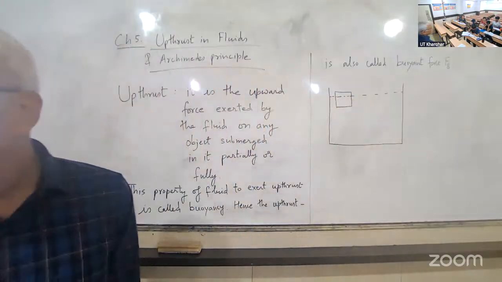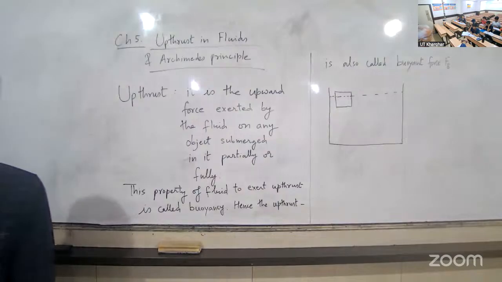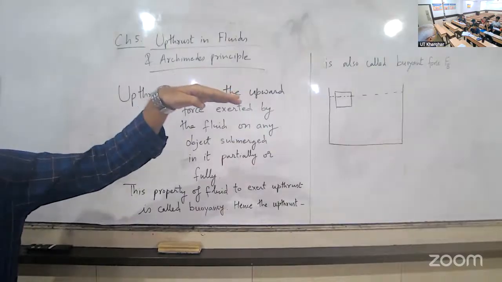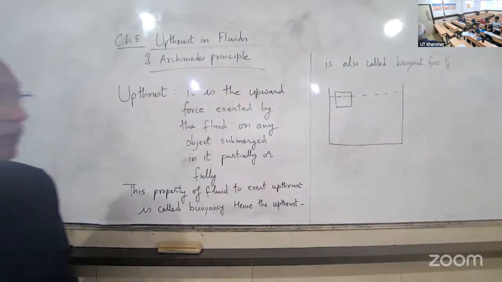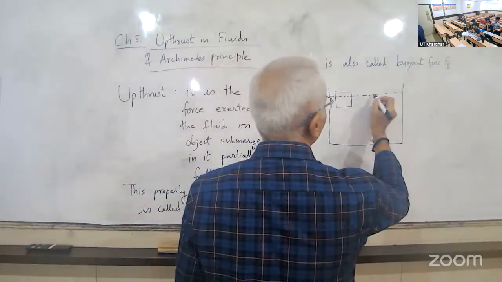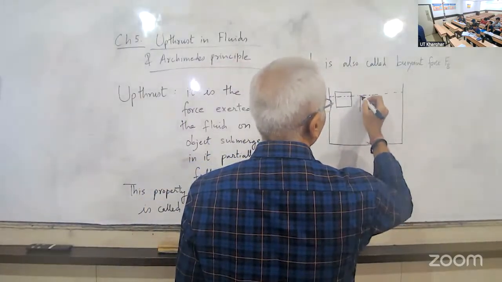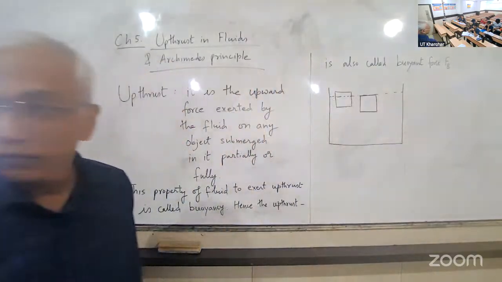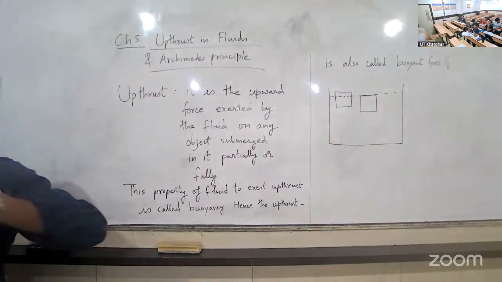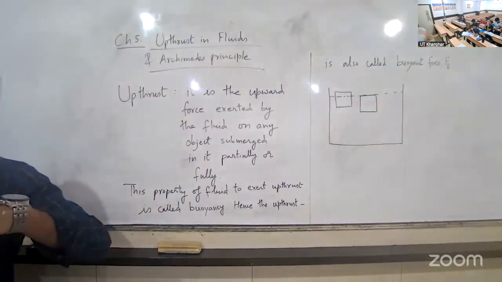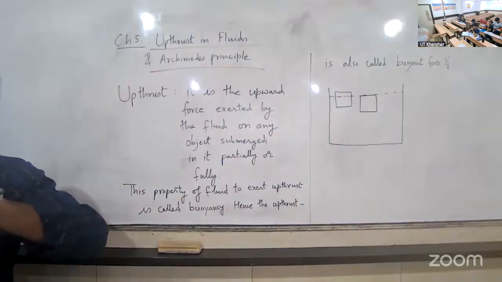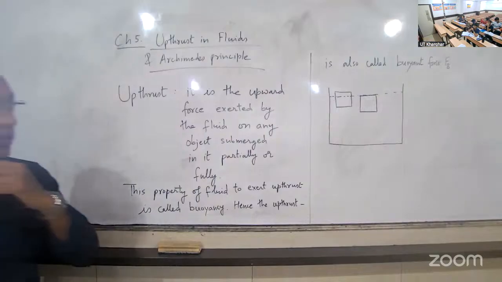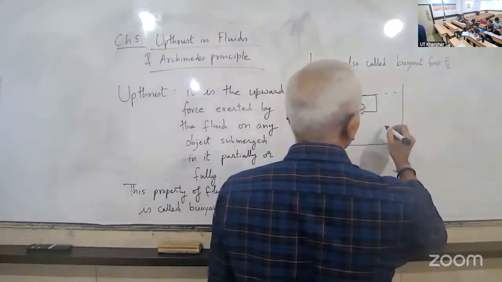Some bodies, when you leave them in water, may float like a ship. Some part is above the surface of water, some is below it. It may also happen that the object is fully submerged, but still floating. Some swimmers, like fishes, can float like that, fully hidden inside the water. That can also happen. In the third case, you may have